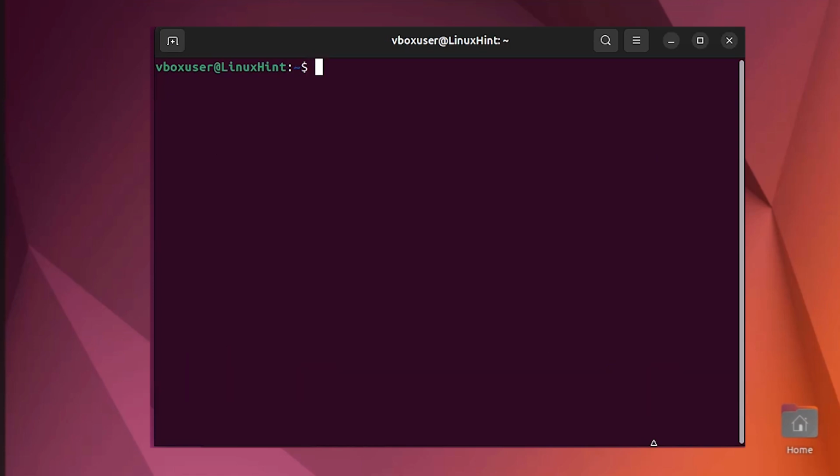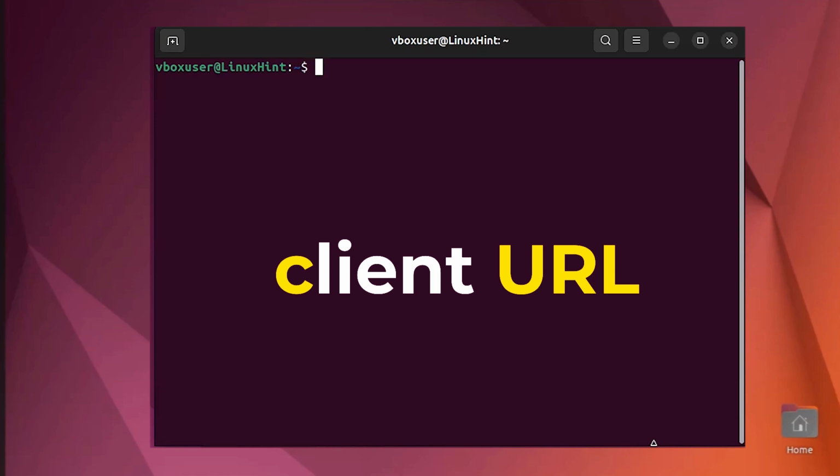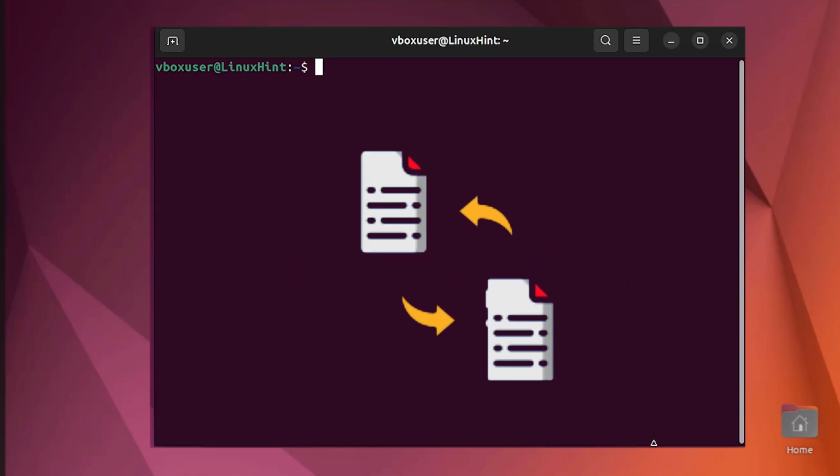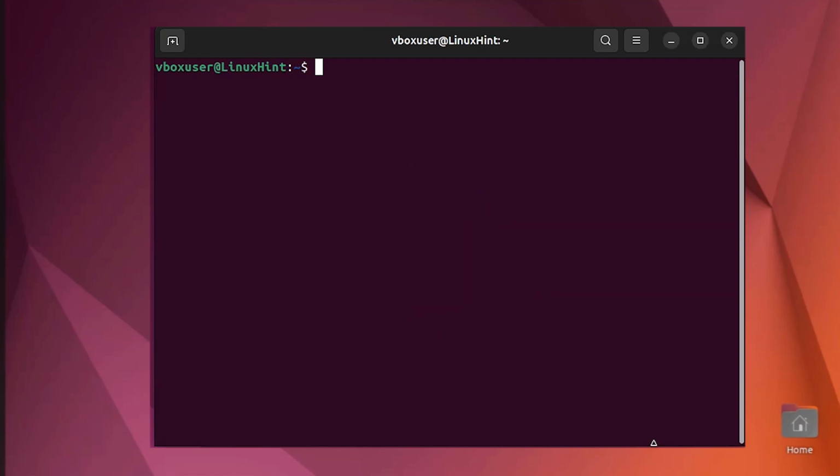So now let's jump toward the curl command. Curl stands for client URL. It is a command line tool and remote utility used to send and receive data with the help of different protocols such as HTTPS, HTTP, SFTP, SMTP, and FTP, and many others. Like you can also fetch the information from web using curl command.